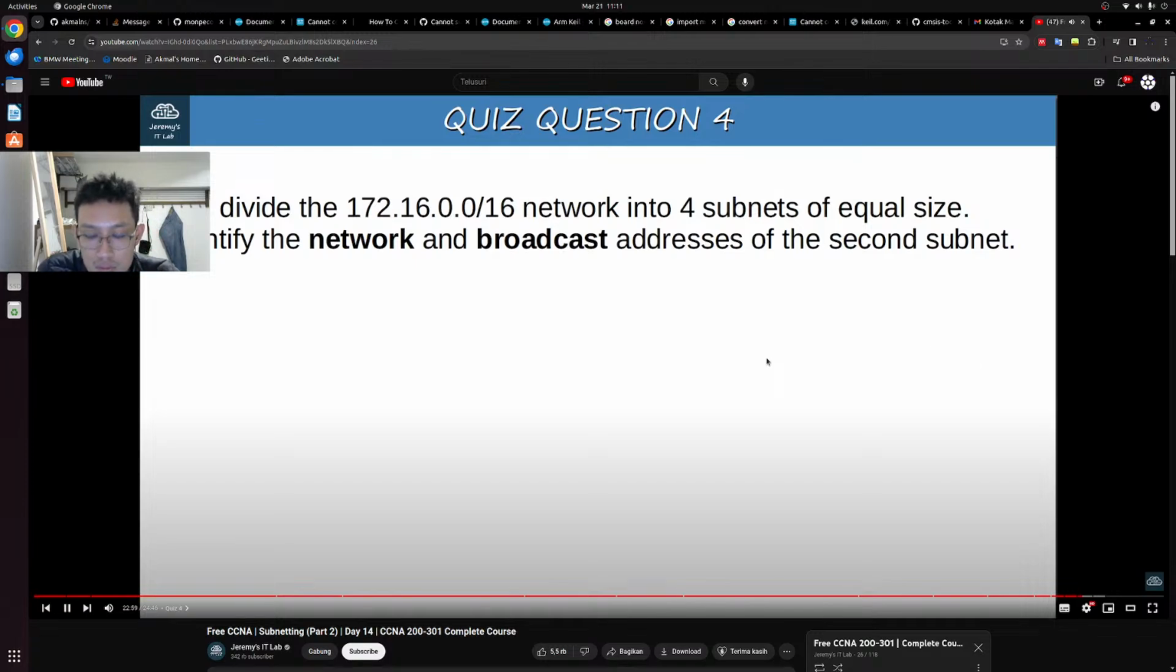Divide the 172.16.0.0/16 network into 4 subnets of equal size. Then find the network address of the second subnet. 4 subnets means 2 borrowed bits. So it will become